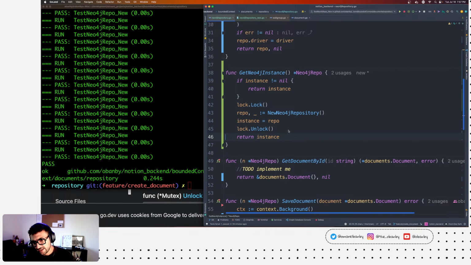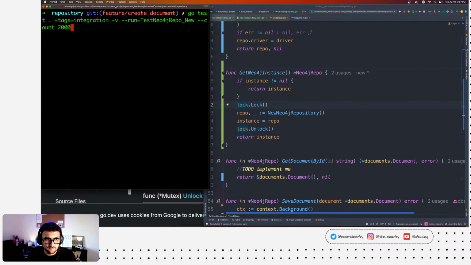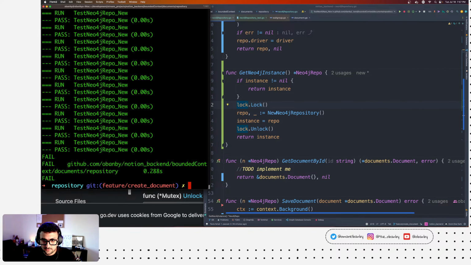Would it be possible that right before the return statement, it kind of stops, so it returns? No, how come? Because we lock it here, we have the repo, we assign it to the instance, we unlock. At that point, instance regardless has been assigned something. And the second roundabout, I'm not really sure how is it possible that it could have been getting a different value.